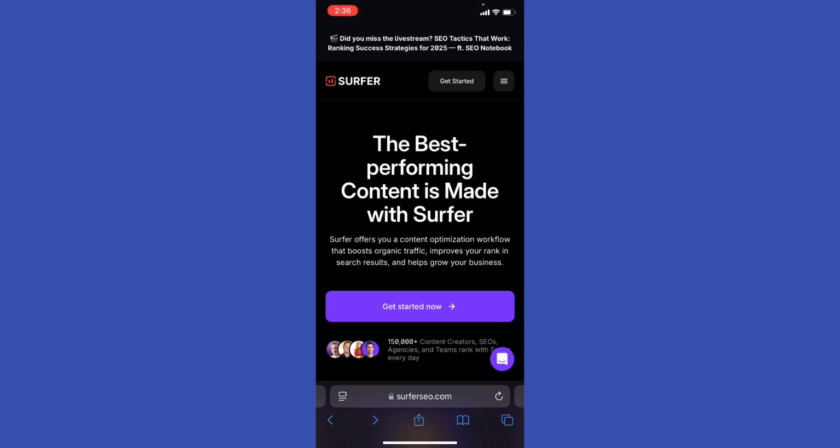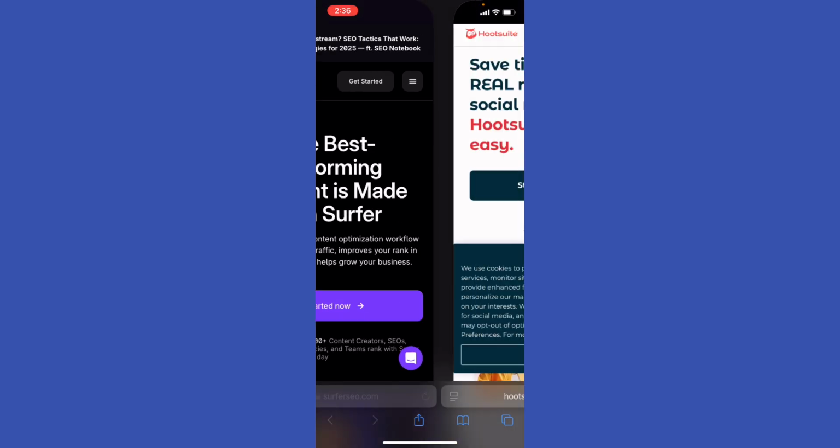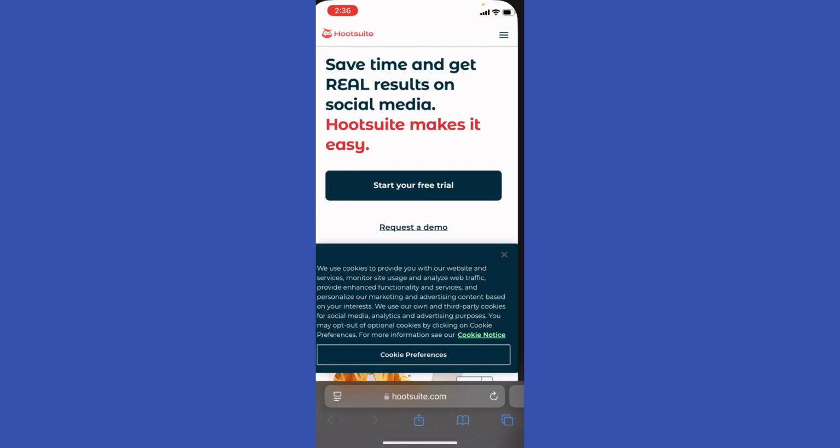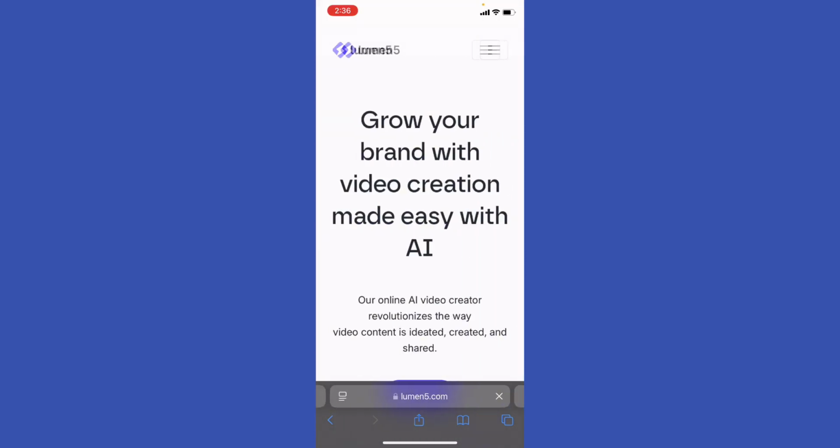Secondly, if you want smart scheduling, if you want to automate posting, you can use Buffer or Hootsuite AI to reach the right audience at the best times, right? As for content repurposing, right, you can use Pictory or Lumen5 for converting blogs to videos or social posts,